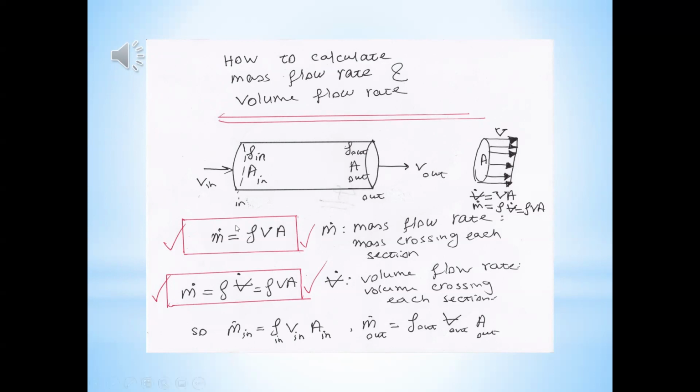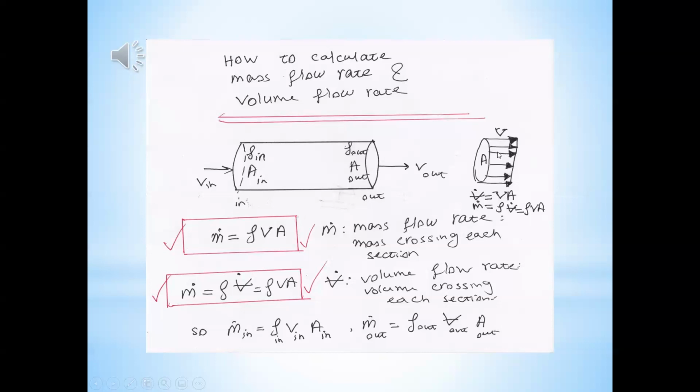If this is a section of pipe, for example, that is your system. The system is open. Chapter 5, the system is open. So there is inflow of mass, there is outflow of mass. If velocity at the inlet is V in, at the outlet is V out, mass flow rate, which is mass crossing each section of this pipe, is rho VA, because VA is volume flow